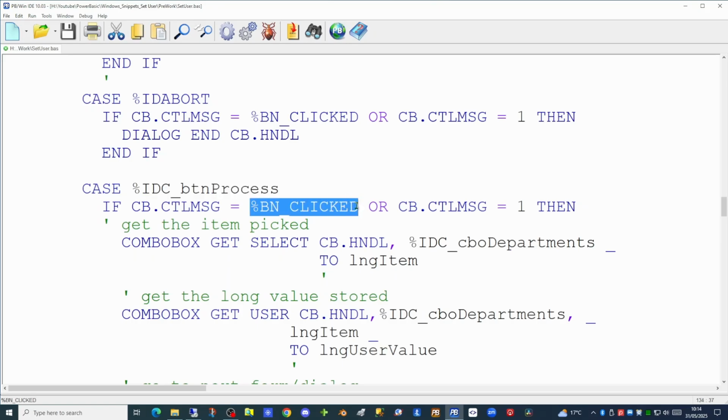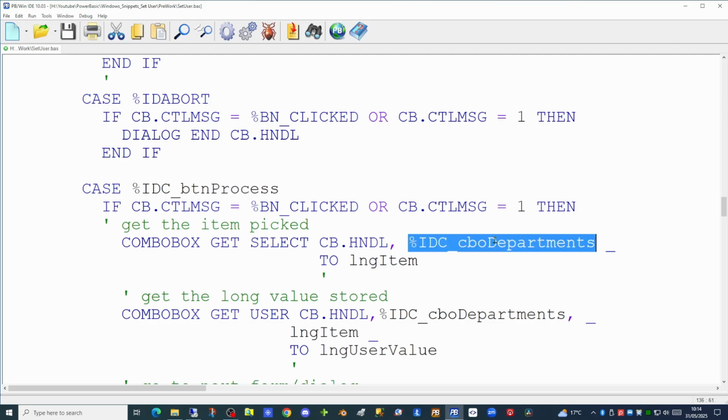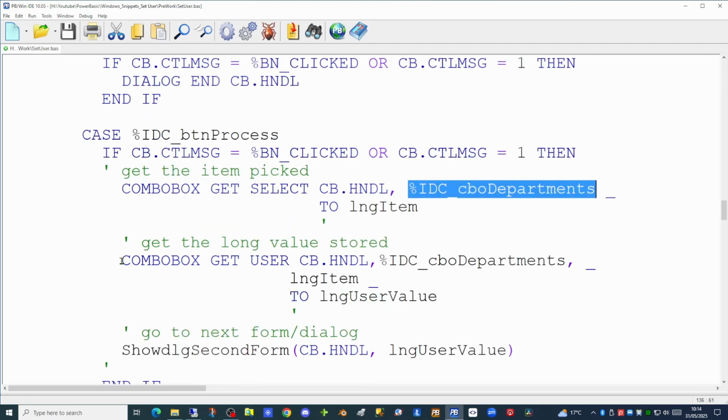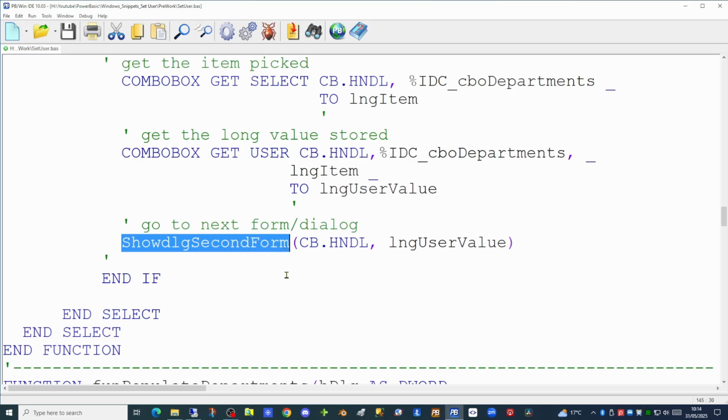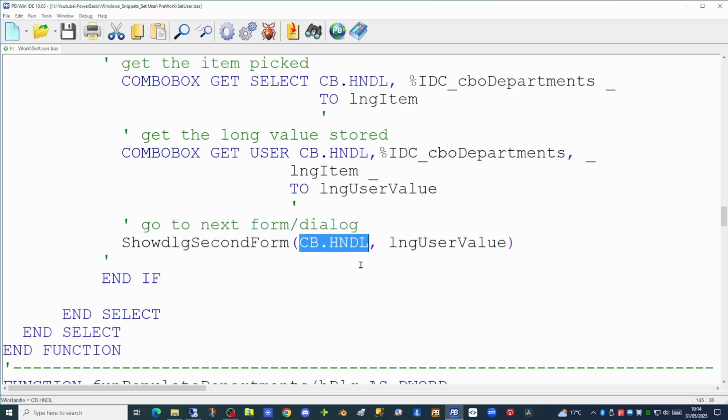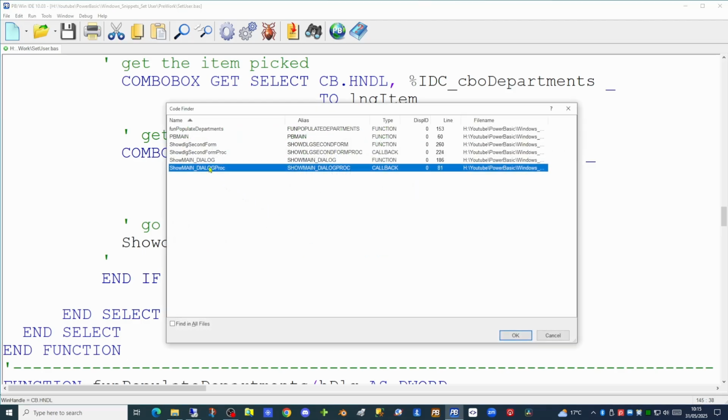again on button clicked. And our first task is to get the selected item, populating the item variable from the combo box for departments. And then once we've got that, we're using the Combobox get user command once more to populate the user value. And next, we're going to be calling the second form, passing 2 parameters, one being the payment dialog we're currently on, and the second being our user value. Normally when you set a dialog up initially, it is only one parameter, which is the payment dialog handle, this one here. So if we have a look at our second dialog,